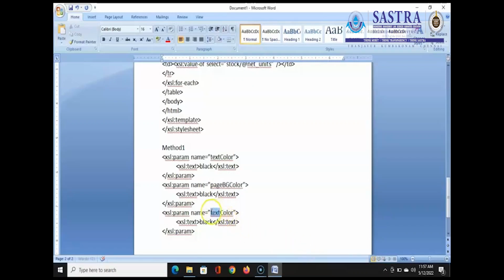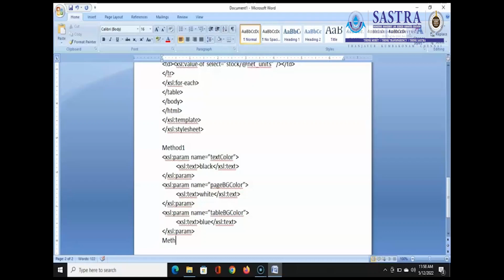Next one table BG color, and color for background color white. I'm giving white, blue. Table background color blue. So in this way we can give value for the parameter in method 1,